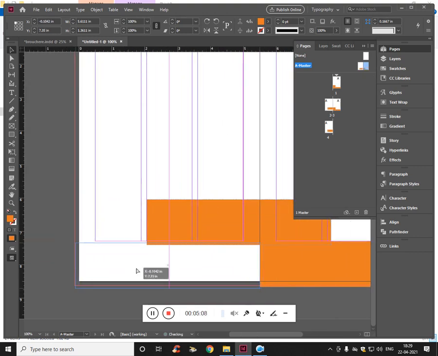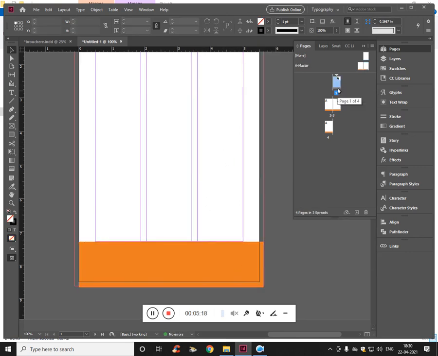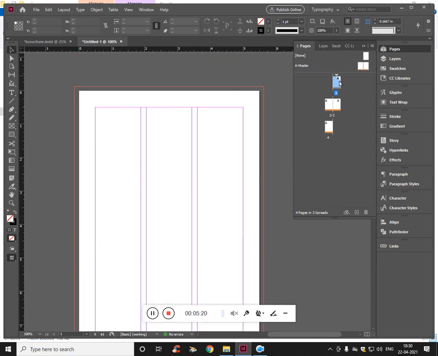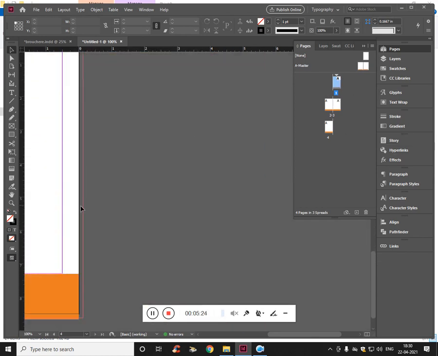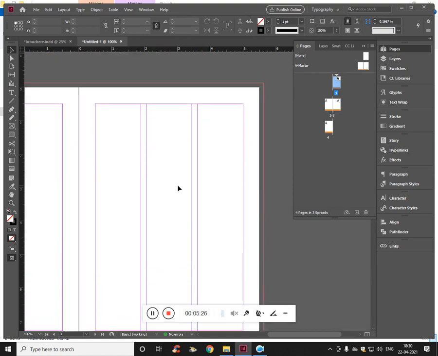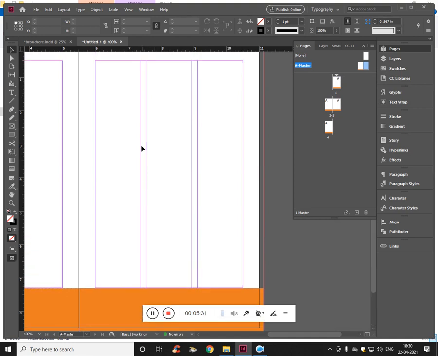Once it is done, it will be applied to the index page. This is the index page right now because it has selected the index, and the second, third and fourth will also have it. So let's add the page number. To add it, you have to get into the options. Here we have to get into Type, and inside Type, Insert Special Character, but let's type the text first.